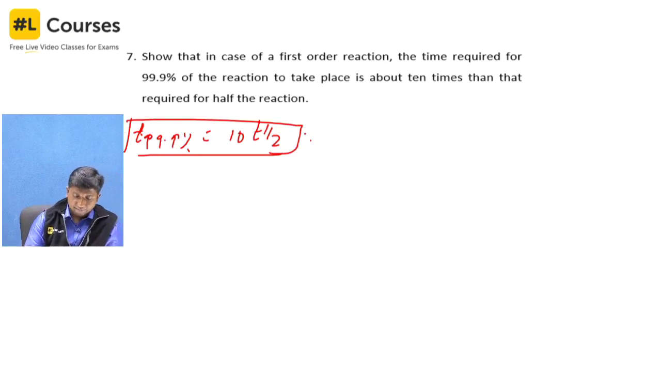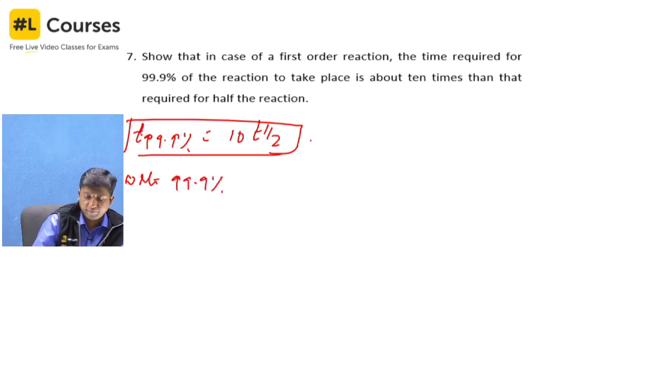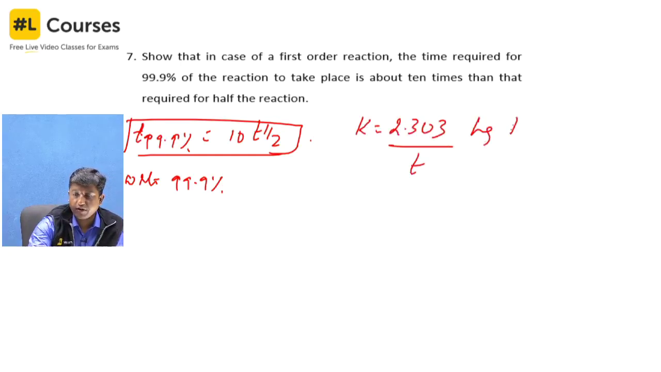So let us write for a first order reaction with respect to 99.9%, the rate equation can be written as, so we know that k will be equal to 2.303 divided by t into log of R naught,